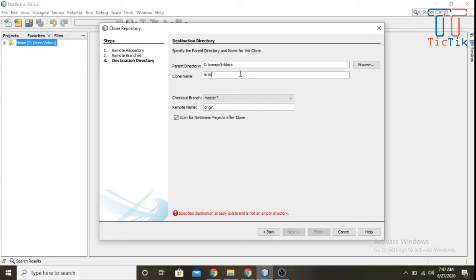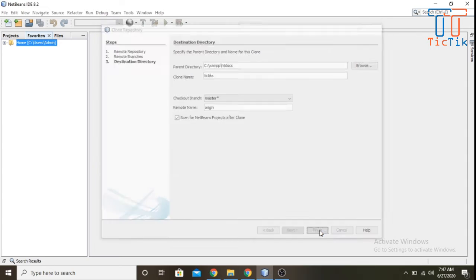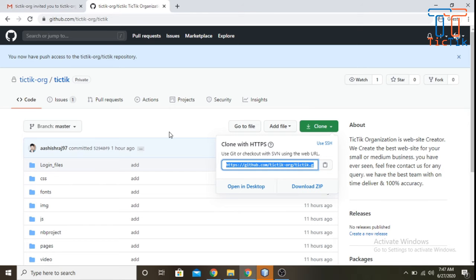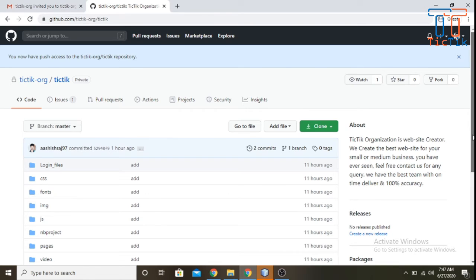Once again, this library was already there, so I am adding this. And you can see the cloning has started. It's loading the whole repository from here, which was just shared with this user.